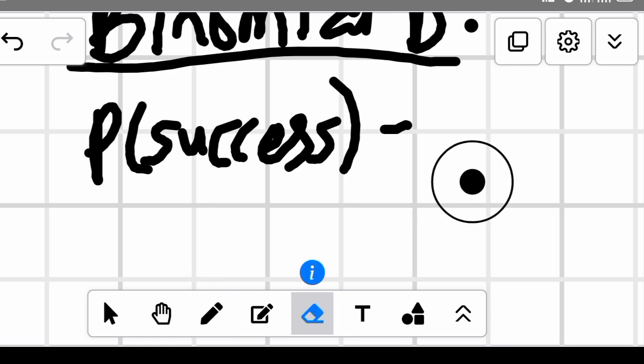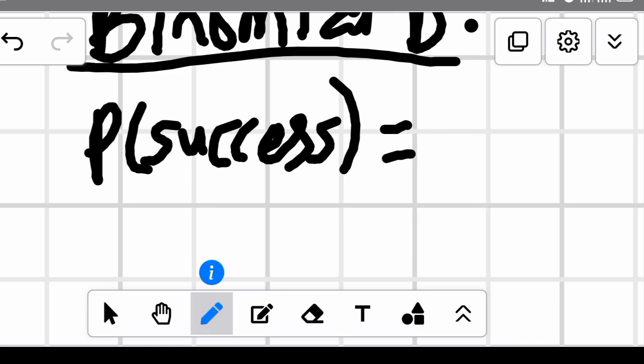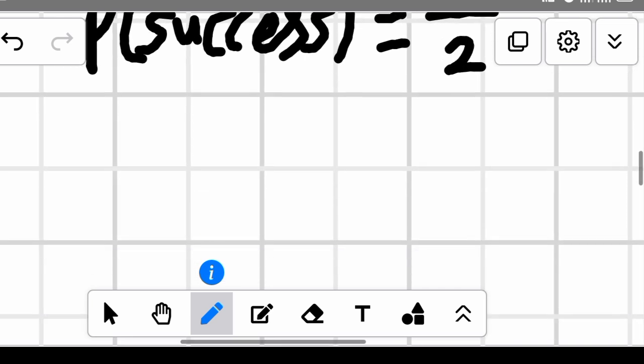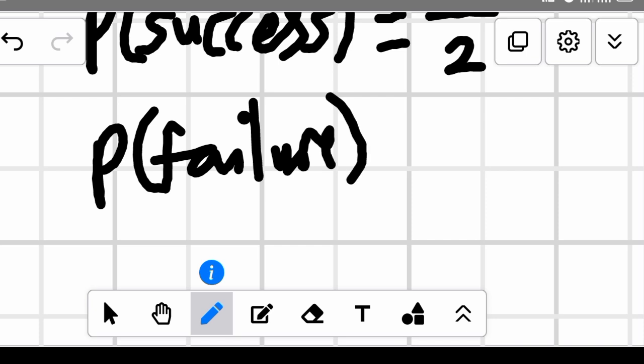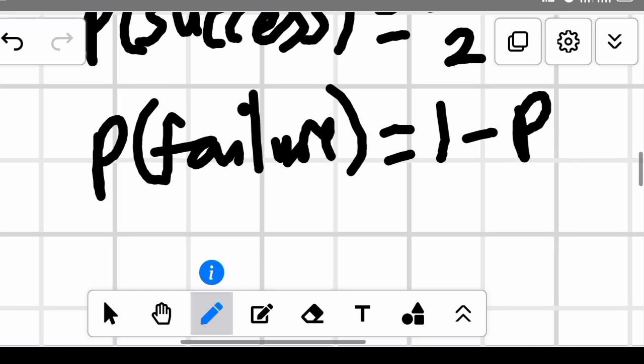1 over 2, because you have two possible outcomes, which is either head or tail. That is success or failure. So it's 1 over 2. Now the probability of failure must also be the same thing as probability of success, because probability of failure is 1 minus the probability of success. So we are gonna make probability of failure to be